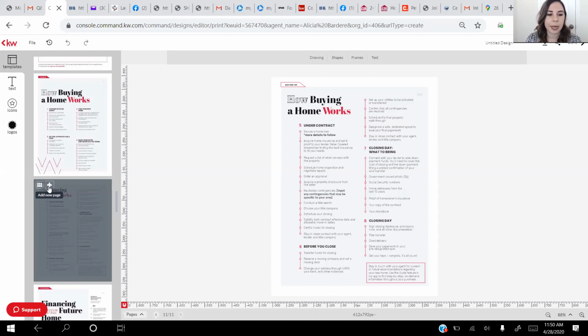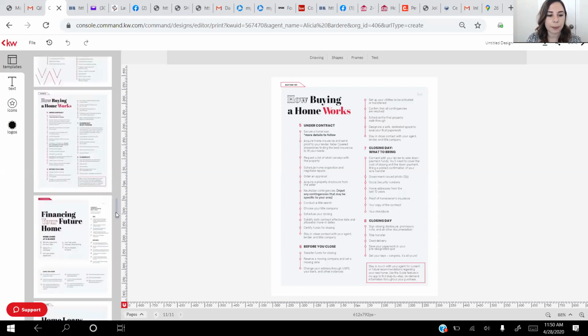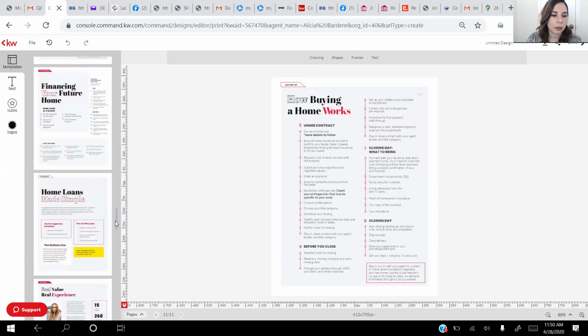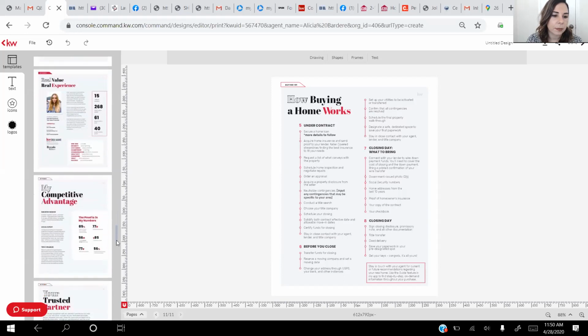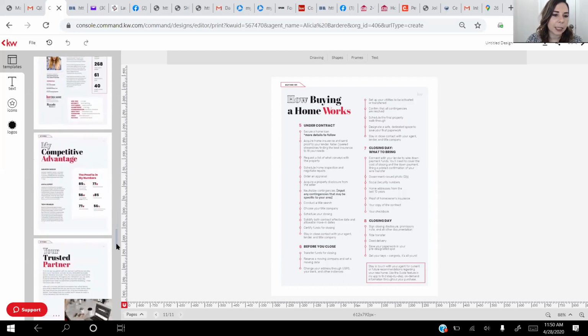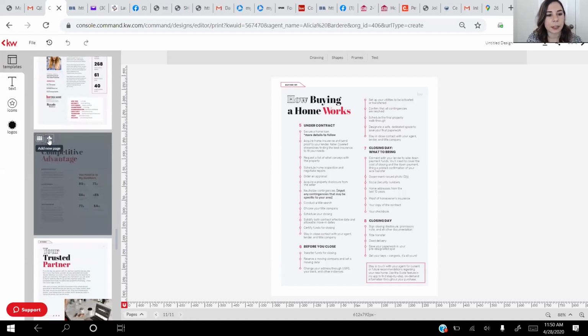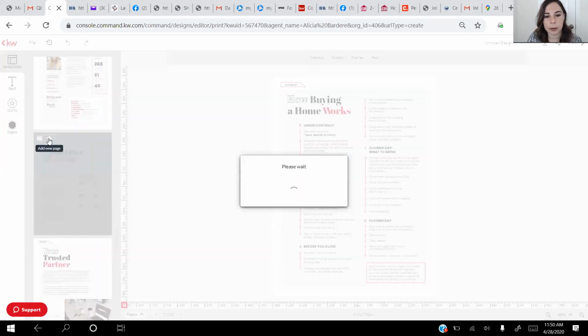All right. If you'll continue to scroll down a little bit more. Keep going. All right. So if you wanted to put in there my competitive advantage, you can select to add that page to your